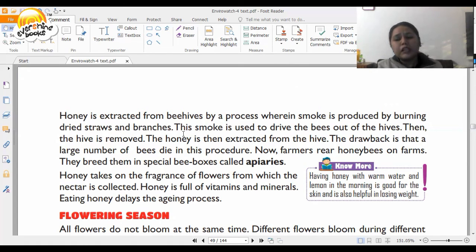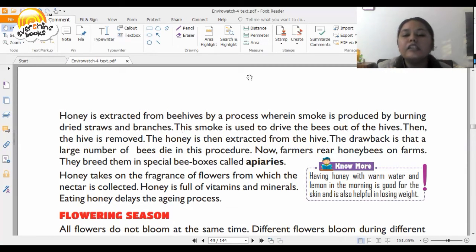Just under that tree where you find beehives, a group of dried straws or branches are burned, so that the smoke makes the honeybees suffocate, so they tend to move away from that beehive. That gives the person a chance to climb up the tree and take out the entire beehive in which